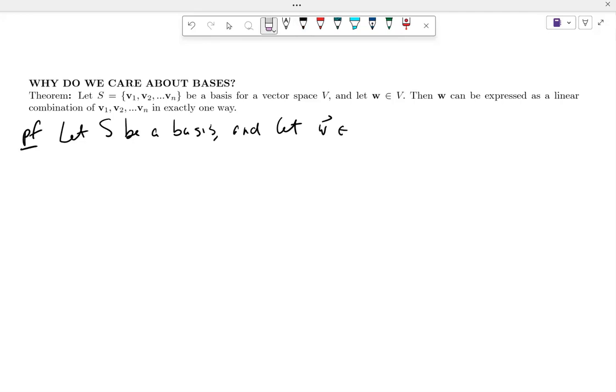Let's just start with our basis and some vector in V. Why do I know that there is a representation of W as a linear combination? What about being a basis tells me that a linear combination actually exists? It spans, right? That's the whole idea. Spanning means that I can write it as a linear combination. So since S spans V,